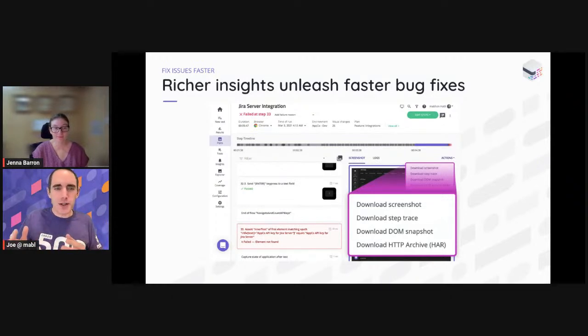In the cloud, we can record tons of information about every test, about every click in every test. So for example, here in mabl, we can see that here is a test that unfortunately failed. We can see at step 33 here why it failed. And we can even go deeper. We can see the screenshot of what it looked like when it failed. We can get the network traffic. We can get the actual HTML that was in the page the moment that the test had an issue. We can even go and get basically the memory dump out of Chrome, the step trace, and load that up